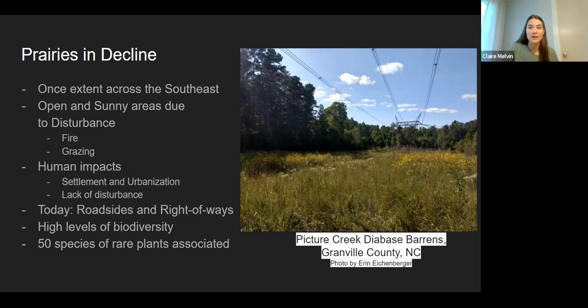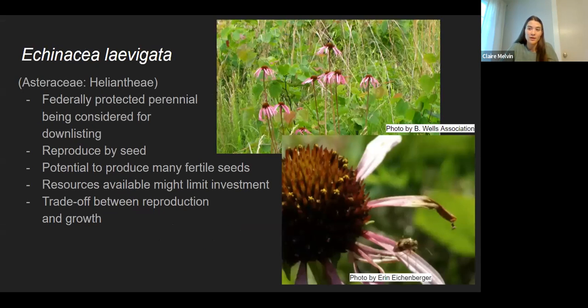And you can see the high levels of sun and the open canopy that really allow for high levels of plant and herb diversity and high levels of diversity in pollinators. And in Picture Creek specifically, there are about 50 rare plants occurring here. And this includes the largest population of Echinacea laevigata, which is a federally protected plant that's being considered for downlisting